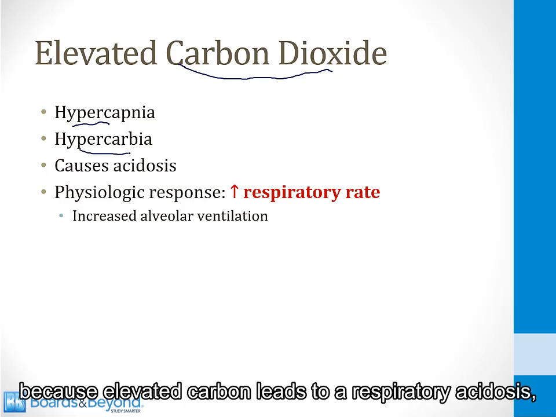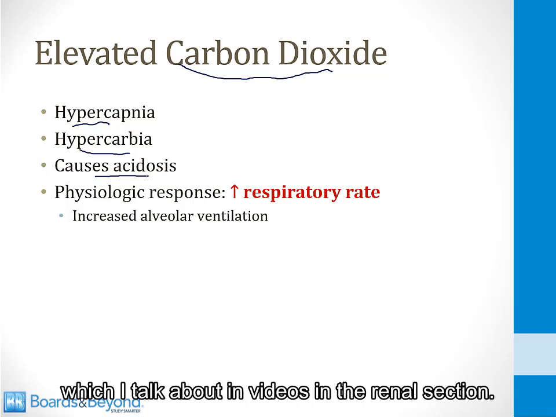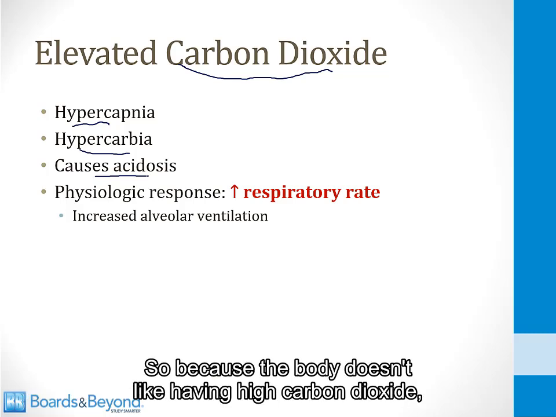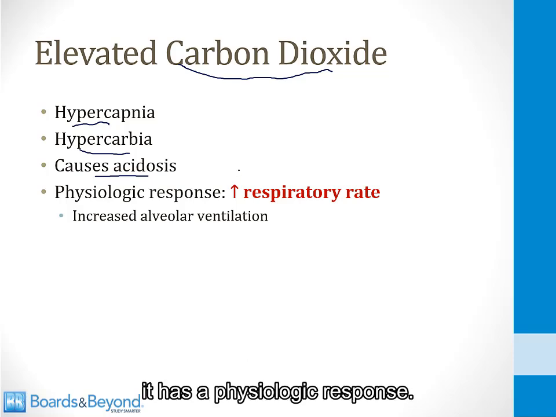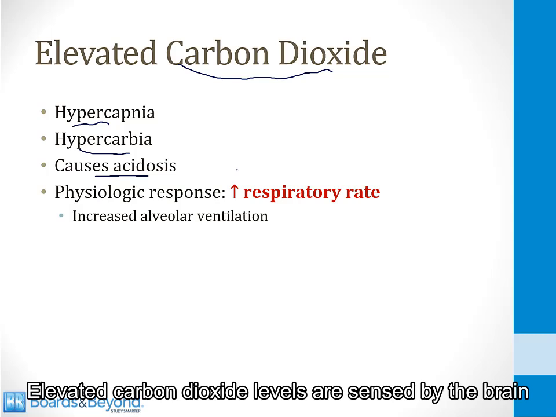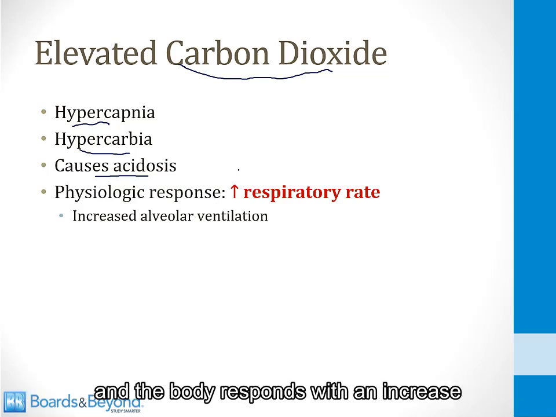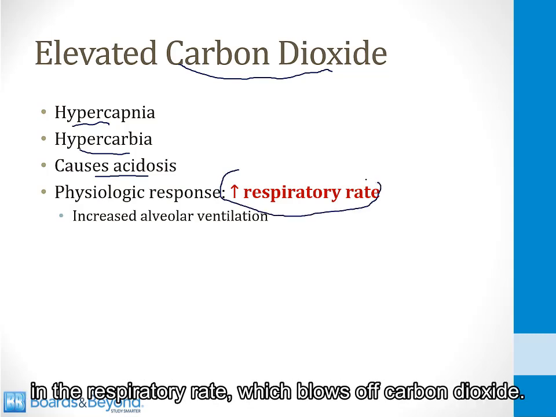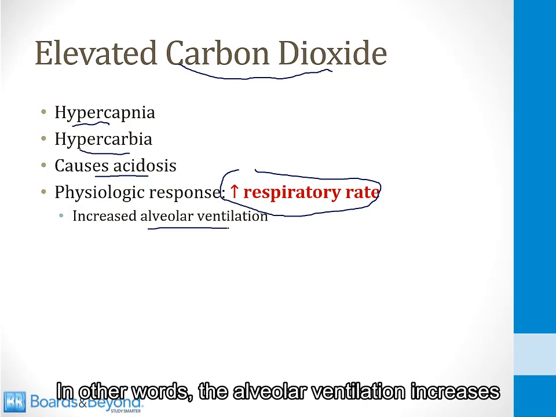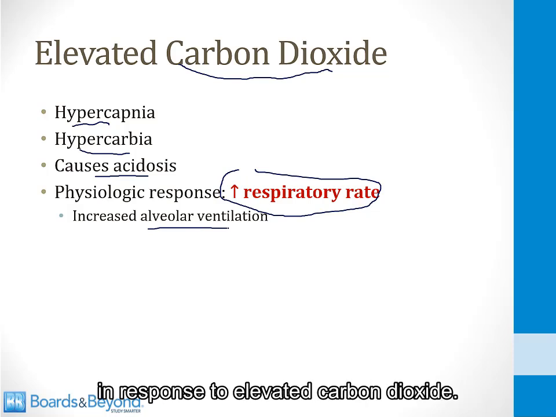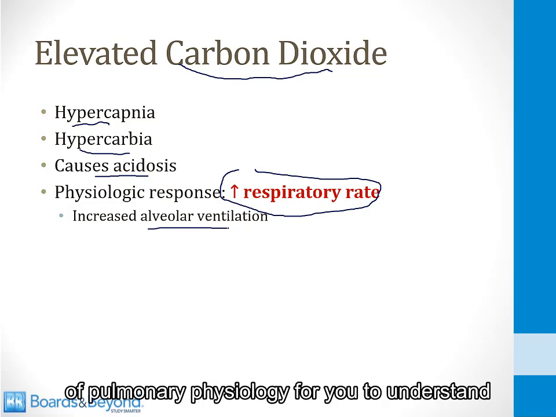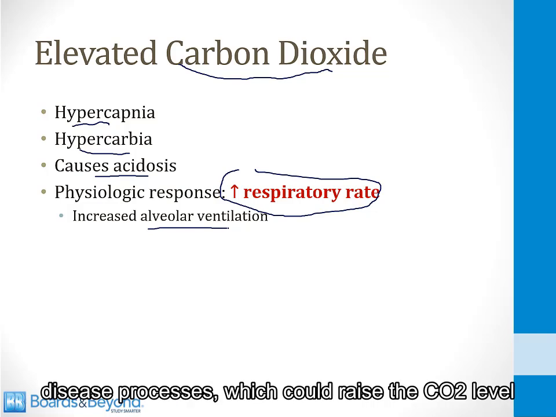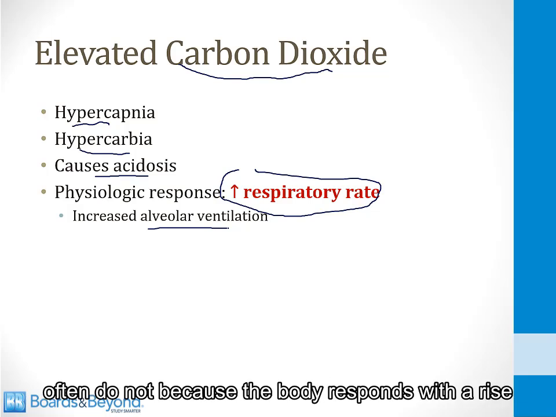And it's bad because elevated carbon dioxide leads to a respiratory acidosis, which I talk about in videos in the renal section. So because the body doesn't like having high carbon dioxide, it has a physiologic response. Elevated carbon dioxide levels are sensed by the brain, and the body responds with an increase in the respiratory rate, which blows off carbon dioxide. In other words, the alveolar ventilation increases in response to elevated carbon dioxide. And this is a very important principle of pulmonary physiology for you to understand. Disease processes which could raise the CO2 level often do not, because the body responds with a rise in the